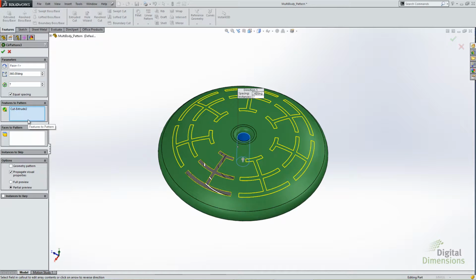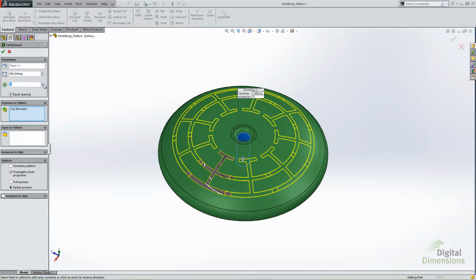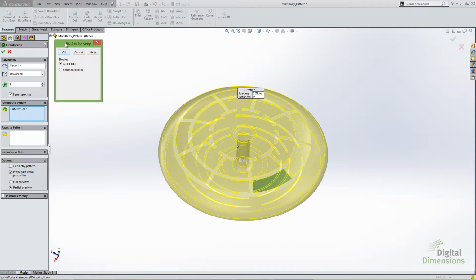So here I have this pattern, and let's just say, for instance, I increased the count to where it overlapped and created multiple bodies. Right? This would create essentially a multi-bodied part. So when I hit OK, what I would get in the past is it would randomly select which bodies to keep. Now in the 2014 release, if I hit OK to this, I'm going to get that same dialog